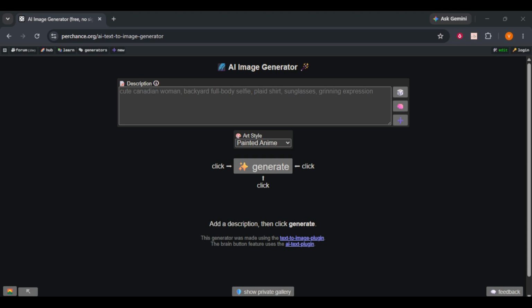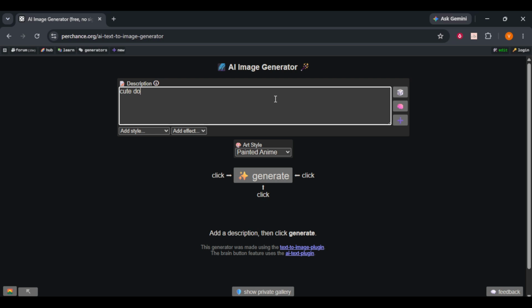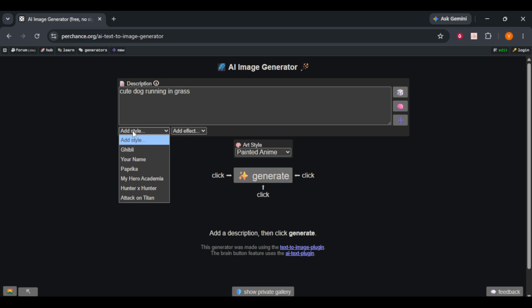In this video, I will show you how to unlock your creative potential using Perchance AI, which is one of the most versatile and completely free image generation tools available online today. Unlike many other platforms that require complex setups or expensive subscriptions, Perchance offers a straightforward experience directly in your web browser. To get started, you simply navigate to the image generator page where you are greeted by a clean and